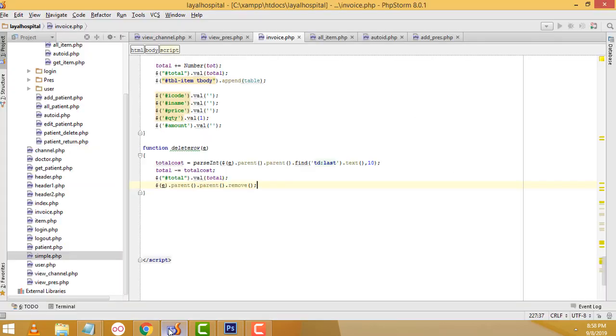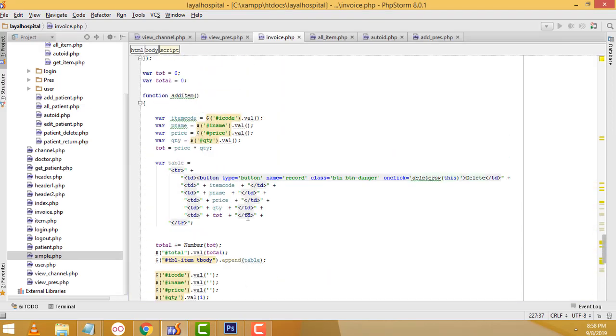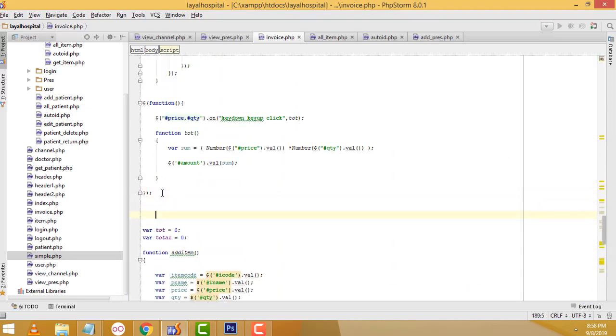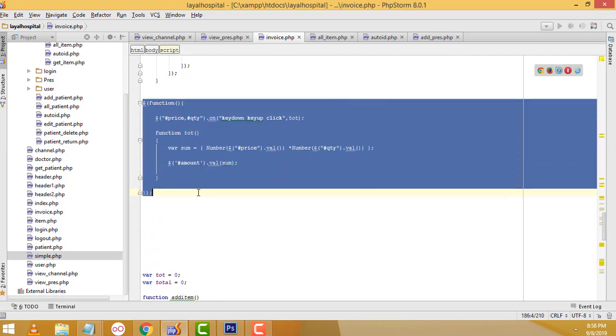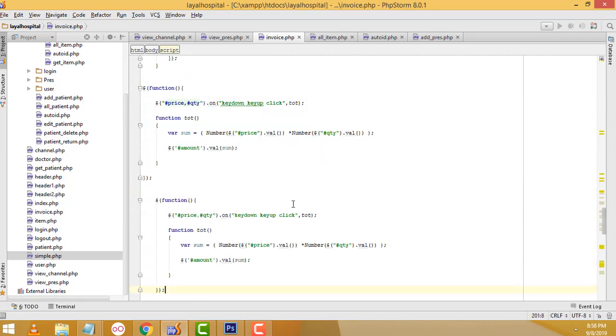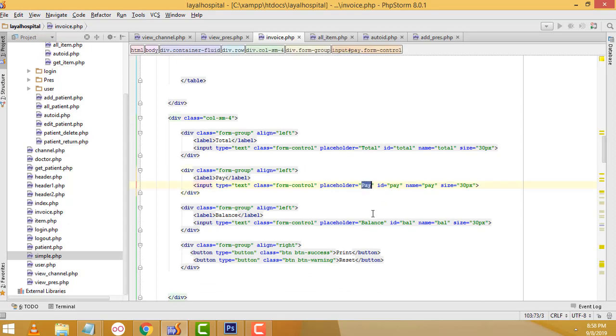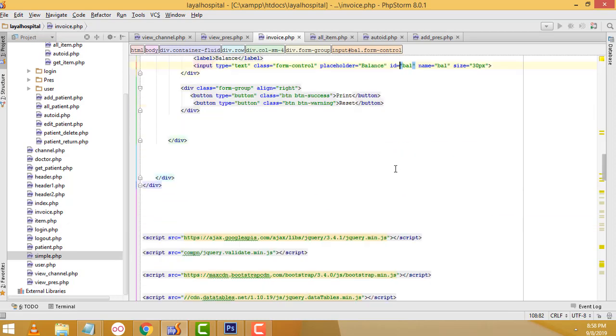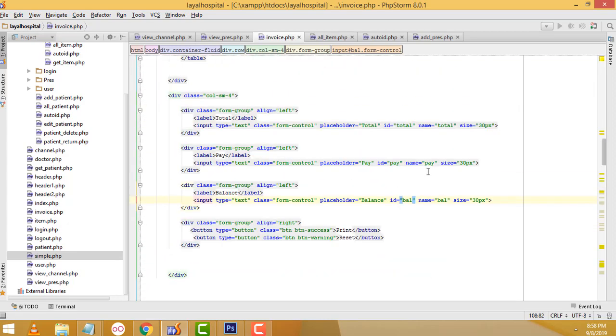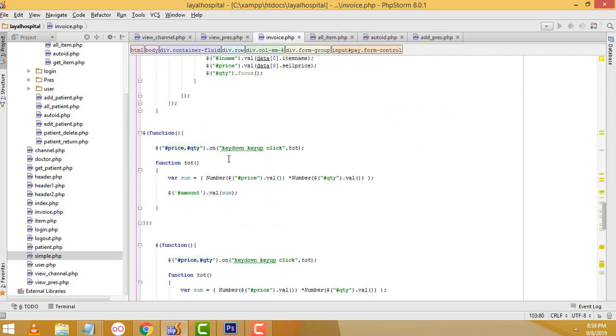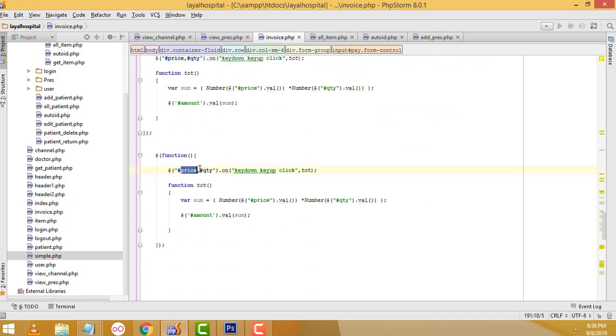Now what I'm going to do is, the same thing, this function we have to copy, Control C to copy, Control V to paste below. Here we have to write these two, pay and balance. Right, we have to get these two IDs, pay BL, pay and total pay. Right, this one total pay,